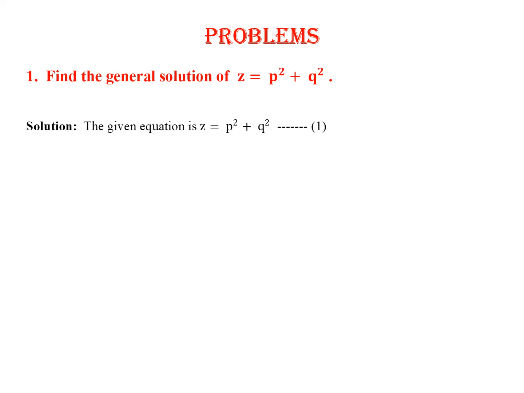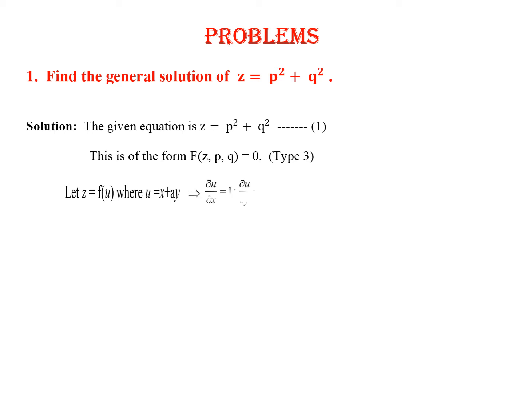Let us now move on to solve problems in this type. Take the first one. Find the general solution of z equal to p squared plus q squared. Mark the given equation as 1. When you observe this equation, you can see that it has got the variable z and the partial derivatives p and q. So it is like a function of z, p, q equal to 0. Hence, it is type 3 PDE. And now, what is the procedure of type 3 PDE? Assuming z equal to f of u, where u equal to x plus ay.